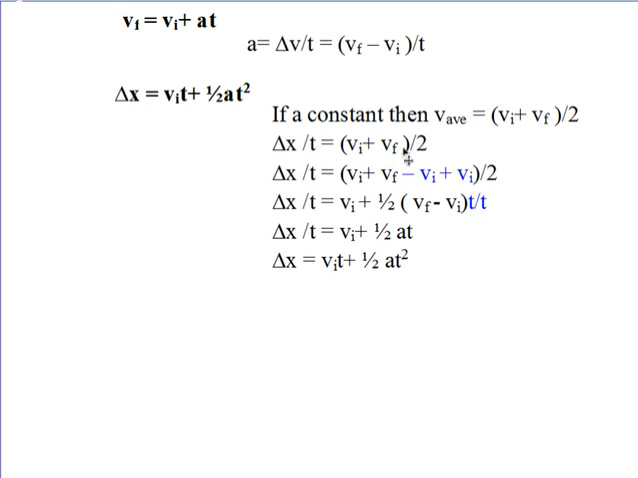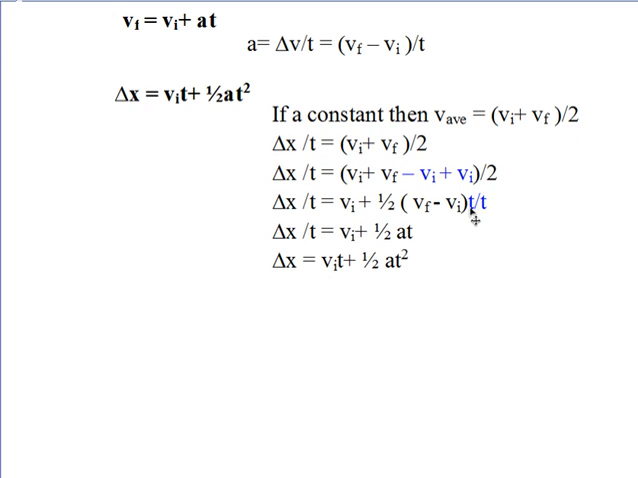Then I'm going to take this expression here and I'm going to subtract v initial and add v initial to it, which seems like a strange thing to do, but it is, after all, 0 that I'm adding on, so it's legal. And then we have v initial plus v initial, that's 2v initial divided by 2, that gets us v initial, and v final minus v initial times 1/2,